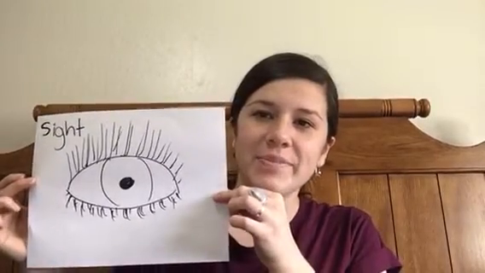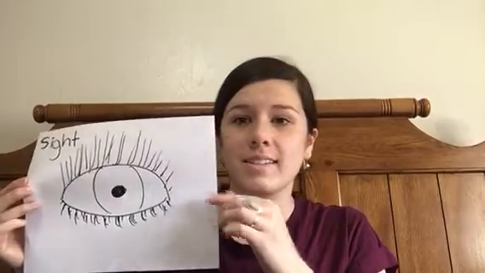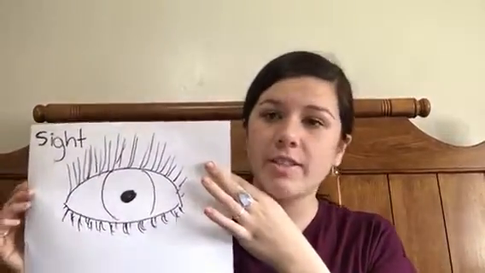And lastly, we looked around the room and we looked at all the pictures that were hanging and the words and everything that was up on the walls. And when we were doing that, we used our sense of sight. So we used our sense of sight, and then we had our sunglasses and we put them on, and the sunglasses represented how our sight can change